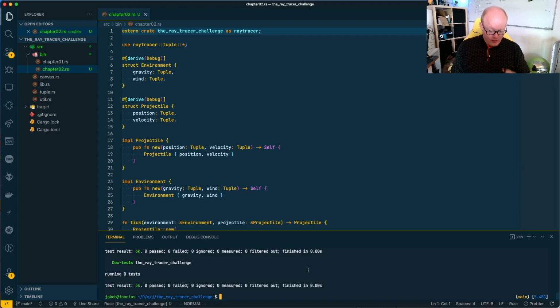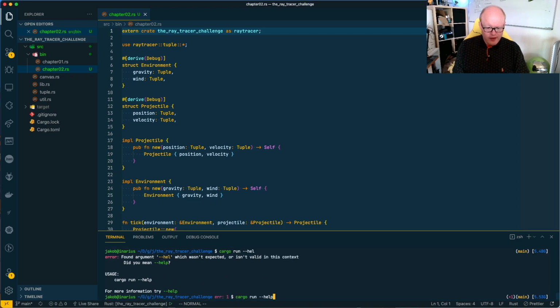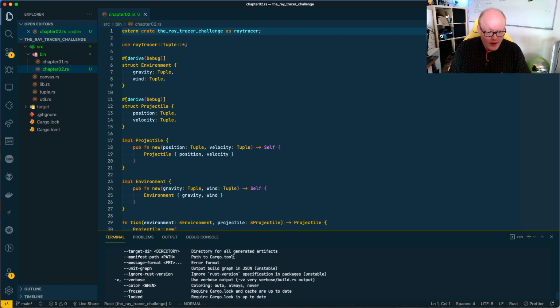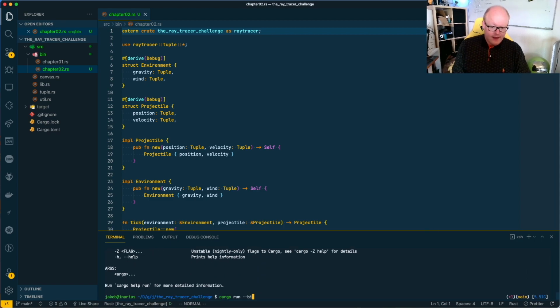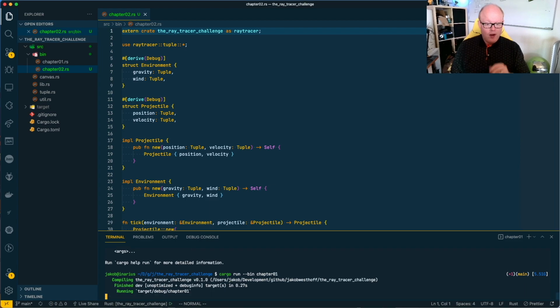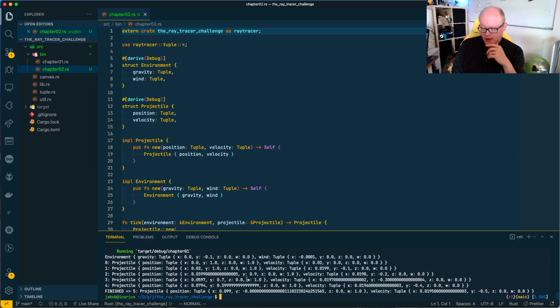So what do I mean by this? Let's do this one. Now we have two executables, how do we run a specific one? I guess we can specify it with bin. Yeah, bin chapter 01. So this was the first